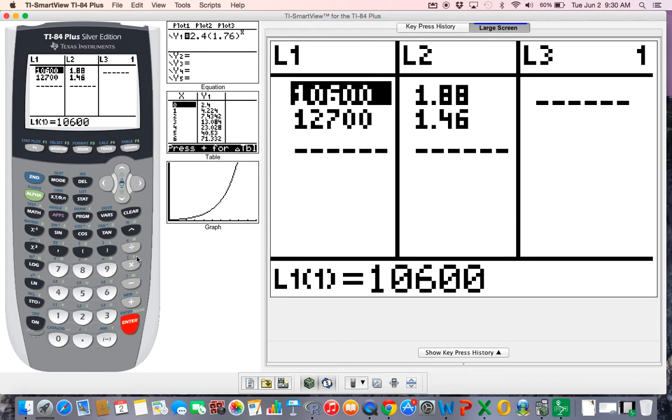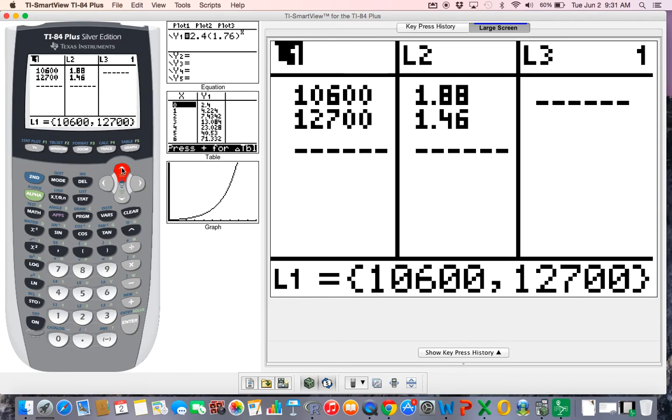Now, this is going to happen to you. If it's a new calculator, it probably hasn't happened. This may be blank, but ultimately you're going to have numbers there that you're going to want to get rid of. Now, the worst thing you can do is just go through and start deleting them one by one, because you may get into data sets of 40, 50 long, and you're going to be there for a while. The easiest way to delete the numbers and not delete the list is to go up and highlight the list